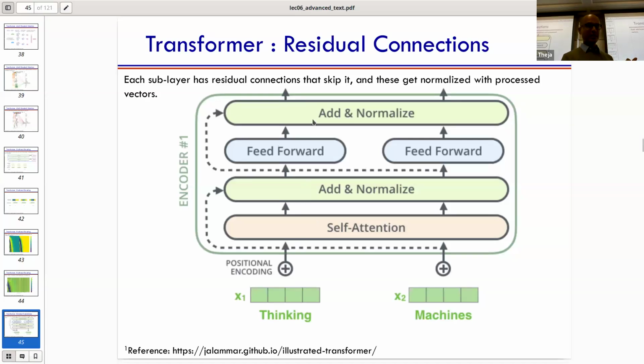They have residual skip connections, and there is also a normalization step, which is shown in green here. Two things, right? So what is a residual connection? That's already shown here. At any given point, it doesn't have to be at the bottom, I have a vector, whether I'm getting into a self-attention sublayer or a feed-forward sublayer, the same vector also skips that layer and is added back at the output.